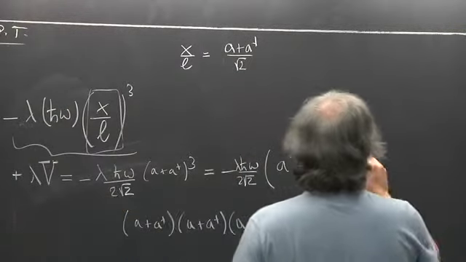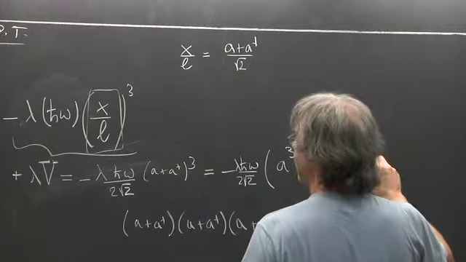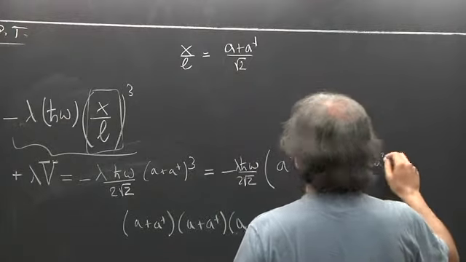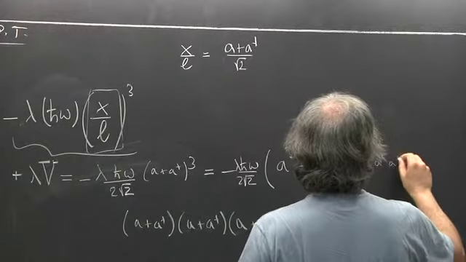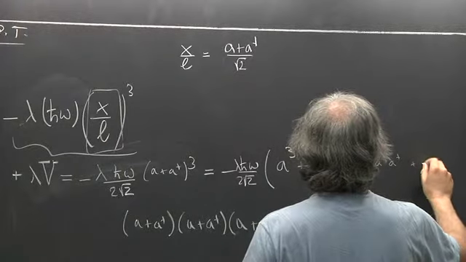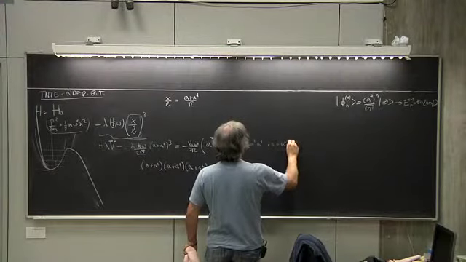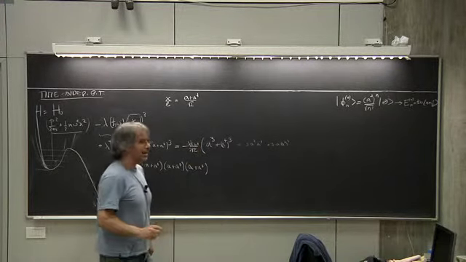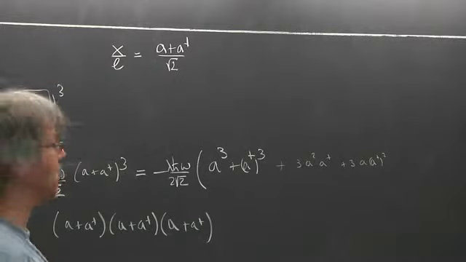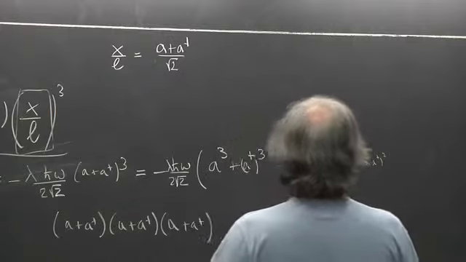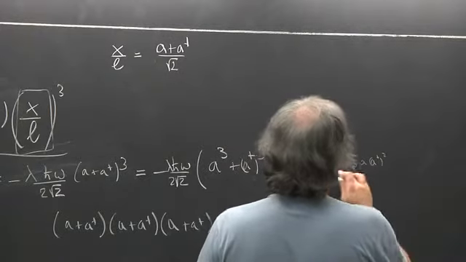Then normally, for a classical binomial, you would write plus 3A square plus 3 A dagger square, right? Now you have to be more careful. This is not right. If you do it correctly, you get, first of all, you see that